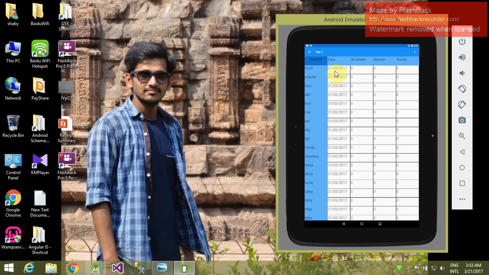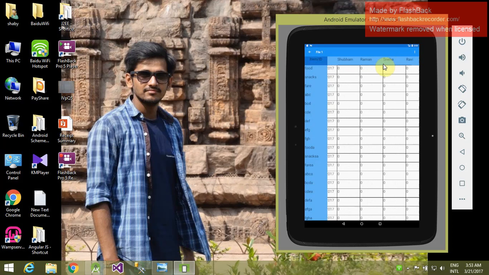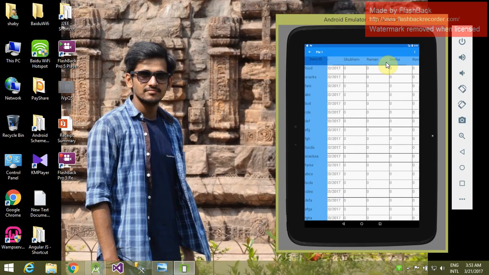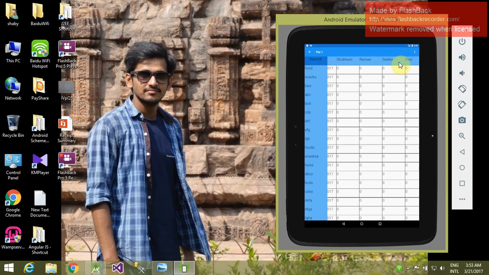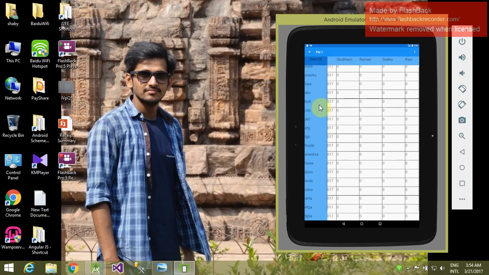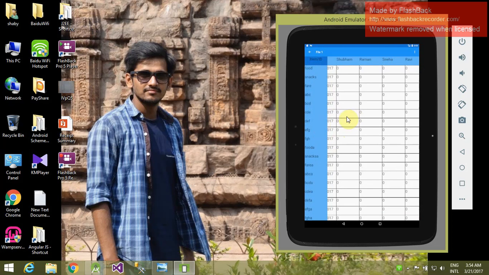This is a pretty cool table layout I have designed after so many error solving, and I finally got the correct view. Now one important feature I have created in this layout is if I scroll for the other two columns, let's see, the header part also changes simultaneously. If I scroll this, both the layouts scroll simultaneously, and similarly if I scroll the column up and down, both the layouts scroll.